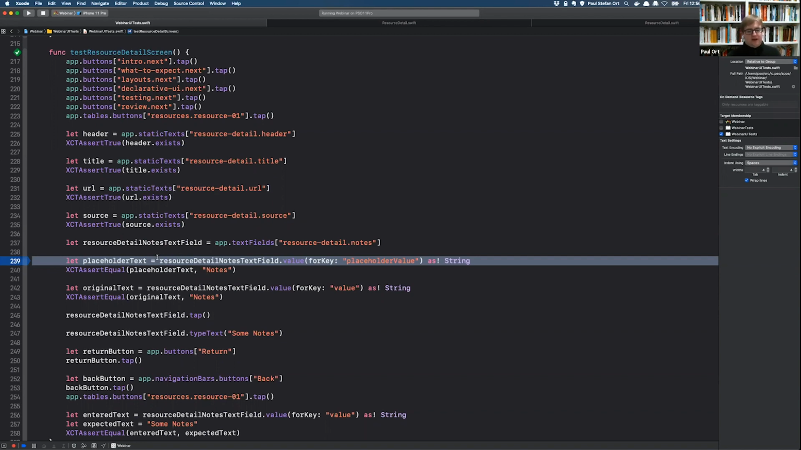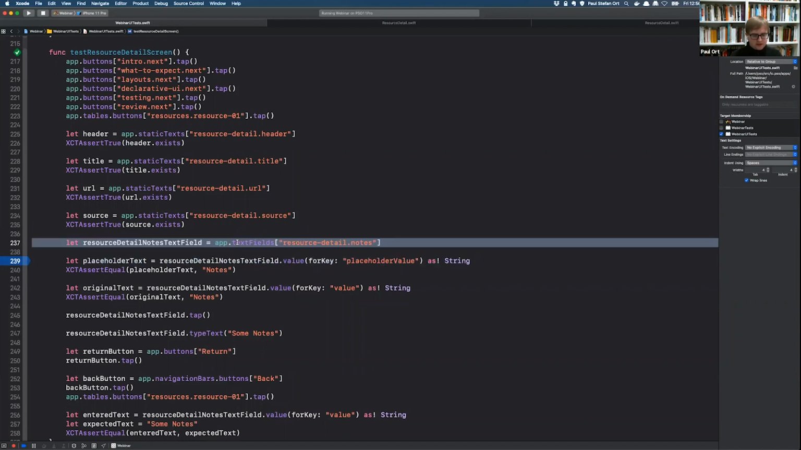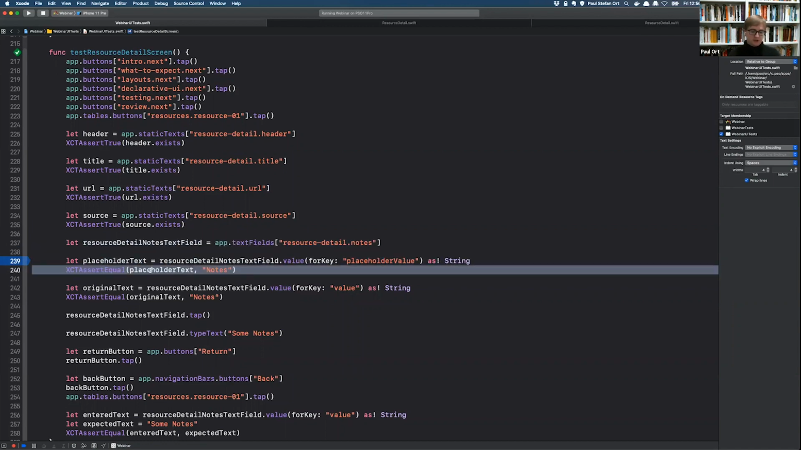But here we do care about the actual values. So we have a placeholder text and we use the value for key. We have to force unwrap an optional value from a dictionary to get a placeholder value. This is weird, or it's not very obvious, but we use the ability to look up a value for a key to get the placeholder value from this text field, and then we can assert that that placeholder text is equal to notes,